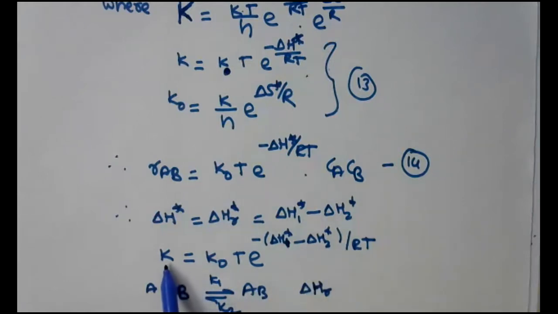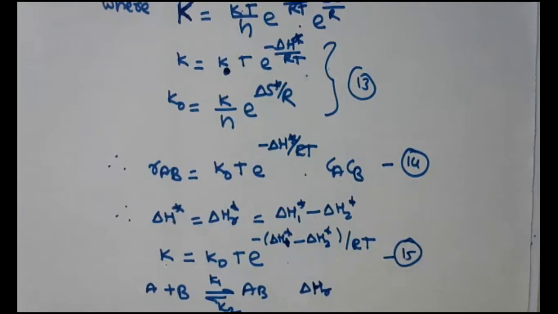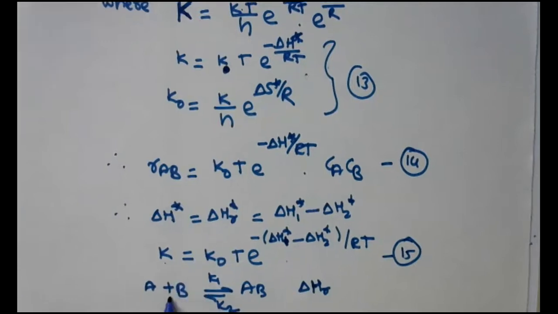So if we refer to this equation, which for the sake of your understanding I will rename as 15, now what I can write, if I refer to this equation, then